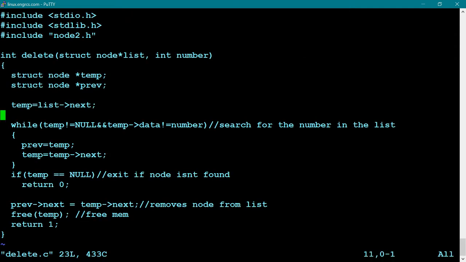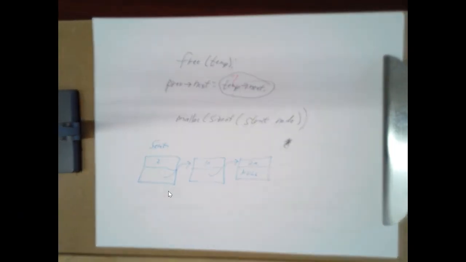So how could we modify this? In the one case where we're deleting the first element of the node, first node of the list, yeah, if we were to set previous to be where the sentinel is,